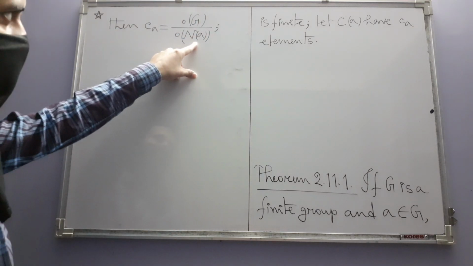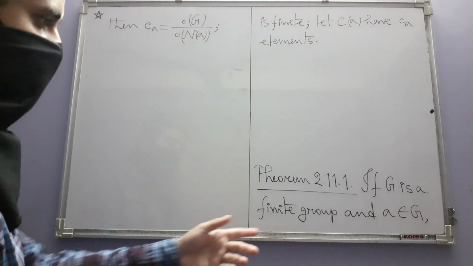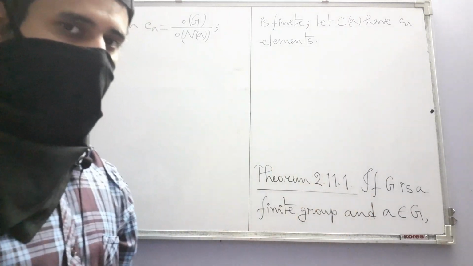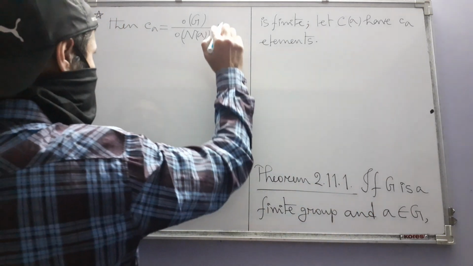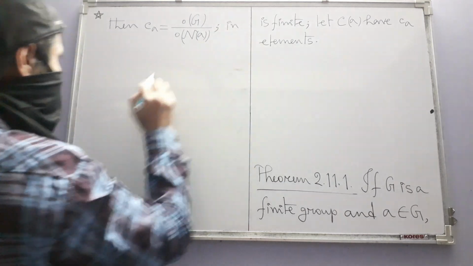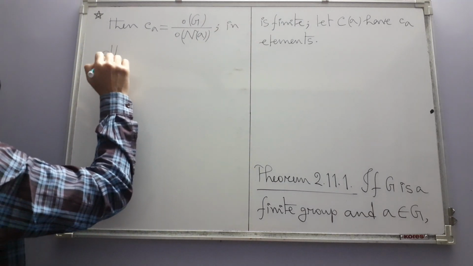This NA is the normalizer of the element A in the group G. In other words,